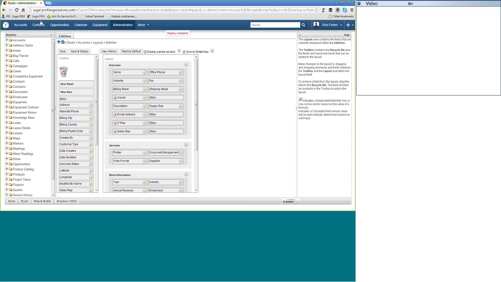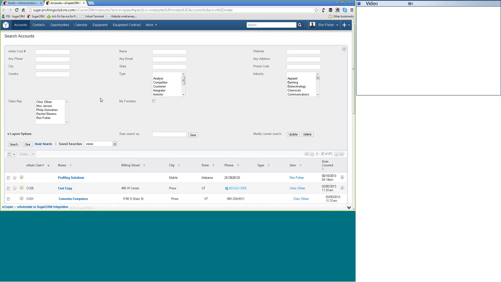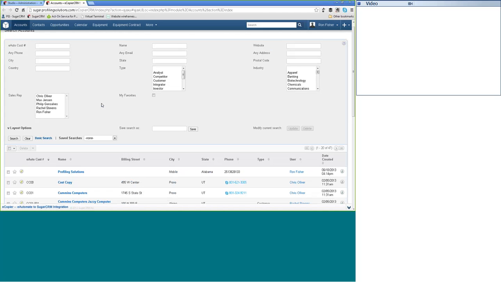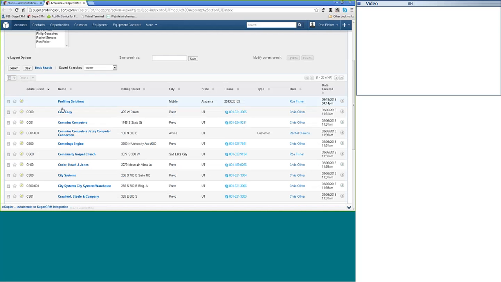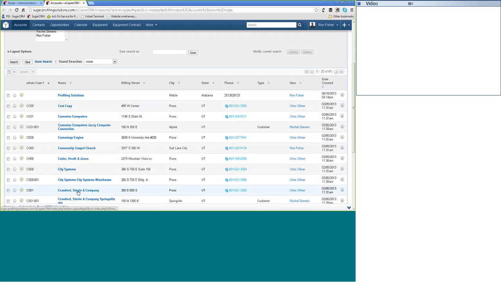So for ease of use sake, we're just going to open up a new tab. Additionally, if I didn't want to open up a new tab, if I already had the account open, the only thing that I need to do to see that new field is just do a refresh. There's no compile. It happens instantly. So if I click on my account again, Crawford Steel,